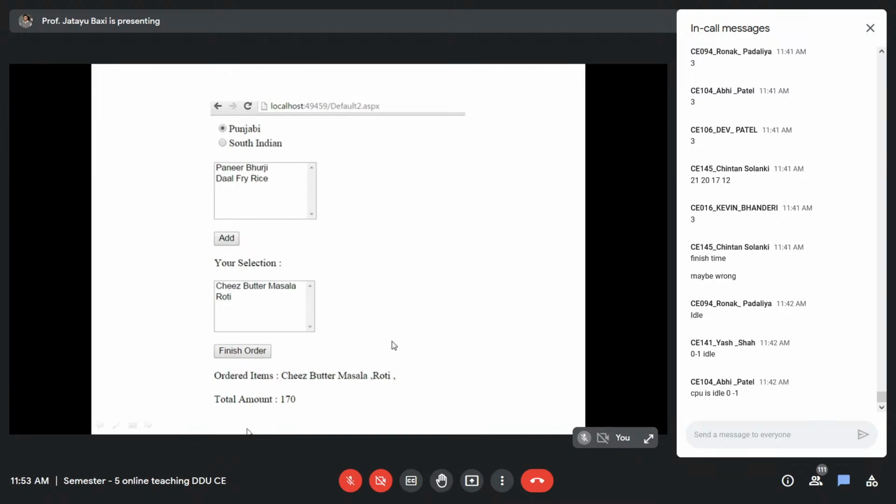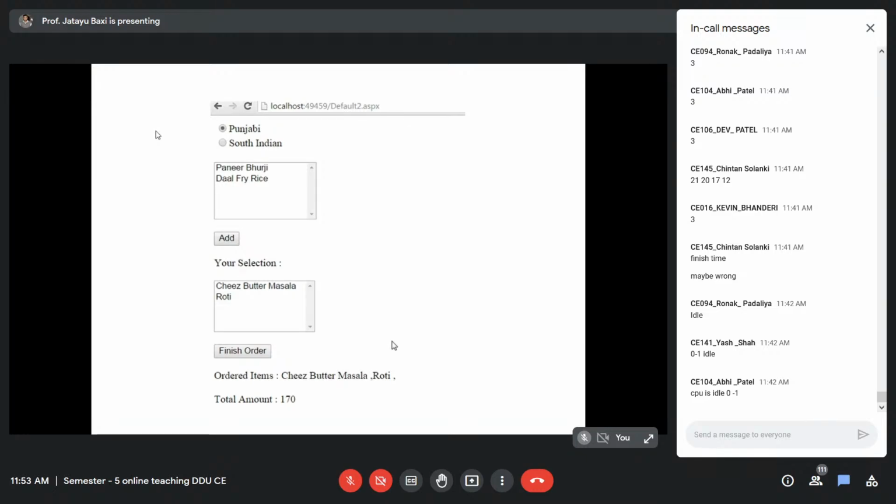Okay, so this is a very simple application, and you can add more details to it, like you can add the quantity of the item that you want to order. Right now we don't have any option to select the quantity, so that you can add, and any other features that you can think of, you can add in this particular application. Again, it is a single page application, so whatever you are doing is done on the same page.